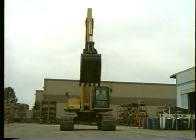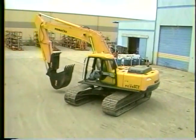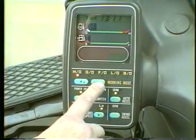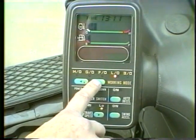This video will show an operator performing a walk-around inspection. It will also show and explain the normal control configuration to operate this machine. Finally, you will see the automatic operating functions of this machine and see how they can be used to enhance